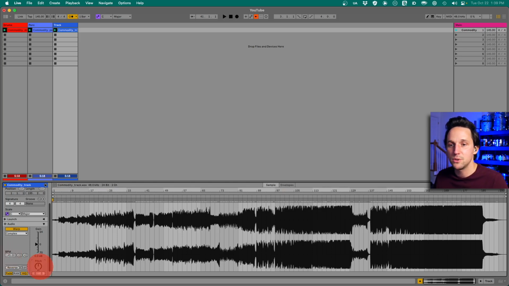And now all I have to do to change the pitch of this song, I'm not going to change the pitch of the drum stem or the percussion stem because they're not pitched instruments, but I'm just going to drag this down to -2. Each minus or plus is a half step. So to get it down a whole step, I need to go -2. And now when I play this song,